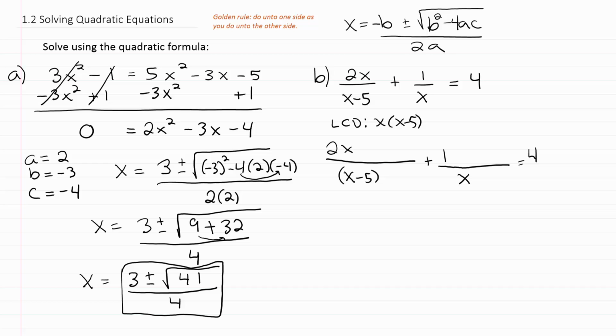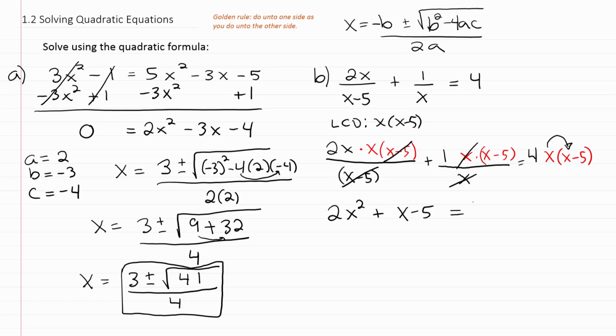Then we multiply the LCD times everything, so it'll be times x minus 5, times x minus 5, and finally x times x minus 5. Okay, so now the fun part, the canceling part. So x minus 5's cancel out. We end up with 2x times x, which is 2x squared, plus the x here will cancel with the x there, leaving you 1 times x minus 5, or just x minus 5, right, is equal to 4x times x,